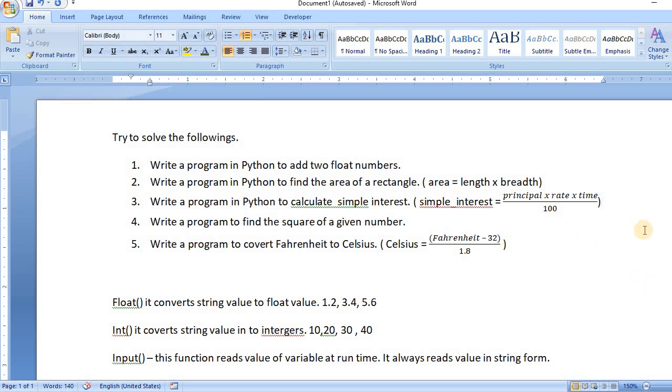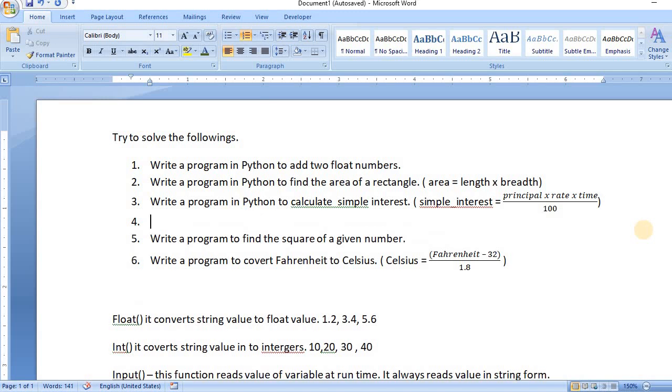So to write this expression in Python, you have to write simple interest equals principal, and for multiply we use the asterisk symbol, rate, for multiply we use this symbol, and time, and then for division we use the slash sign.